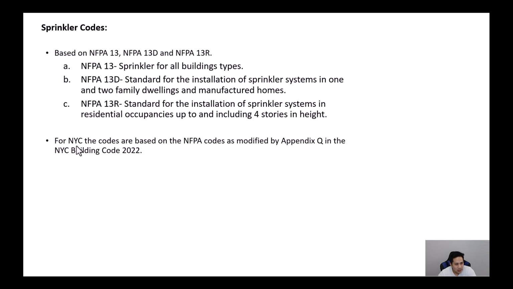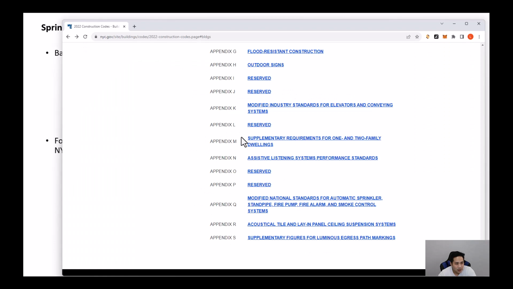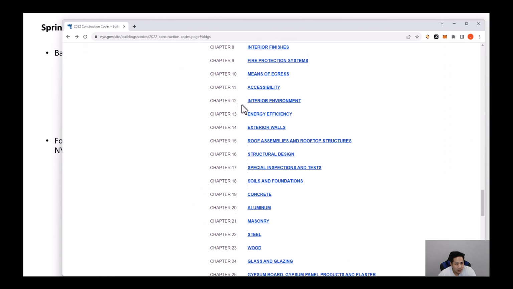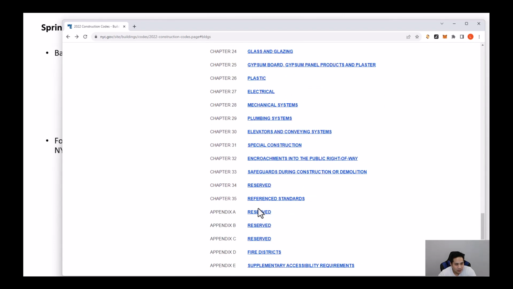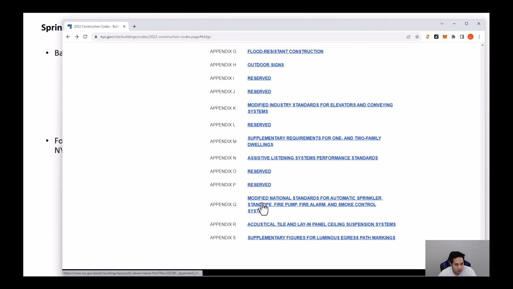And in New York City, the code is based on these NFPA codes along with the revisions and modifications that are in Appendix Q of the New York City Building Code 2022 at the time of this video. So if you go into the code section, it's actually towards the bottom of the building code. And here is Appendix Q right here. Okay, so once you click that,